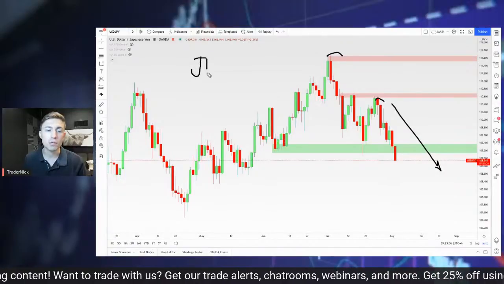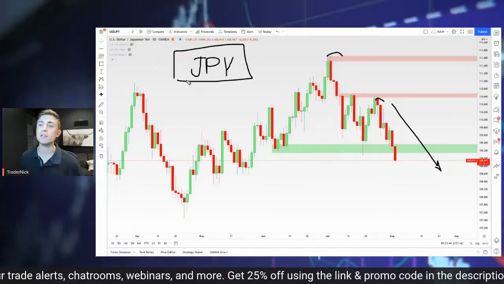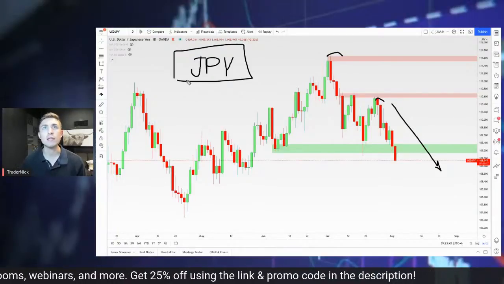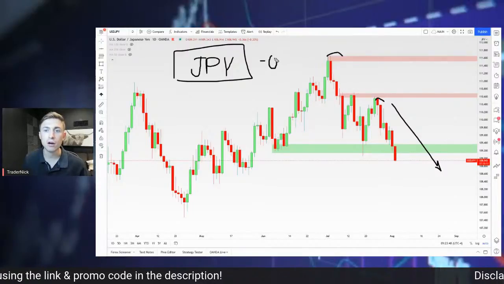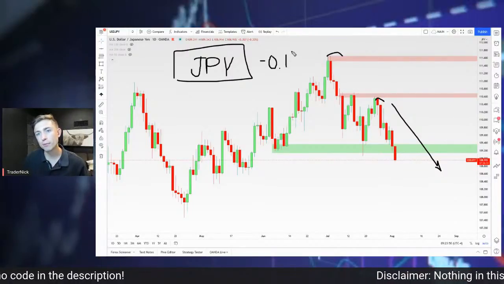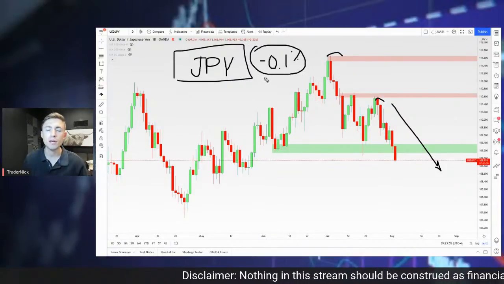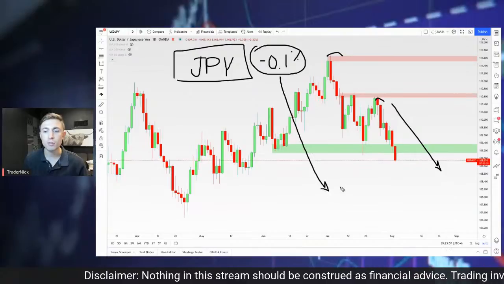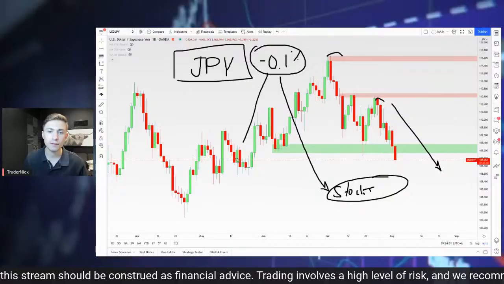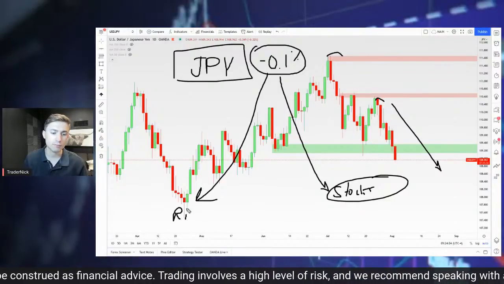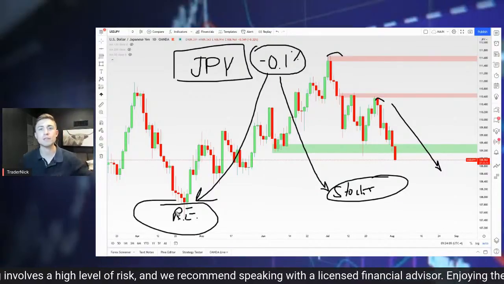You have the JPY. A lot of places around the world, a lot of people and companies and countries, they borrow the yen to go buy other things because of the low interest rate. The yen offers a negative 0.1% interest rate. So it's actually advantageous to go borrow money from Japan and take it to other places to go buy stocks or to go buy real estate, right?